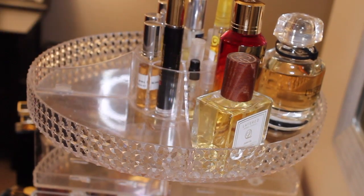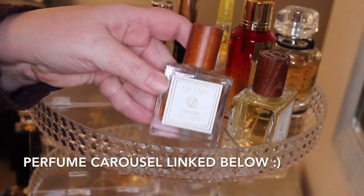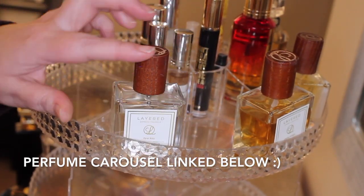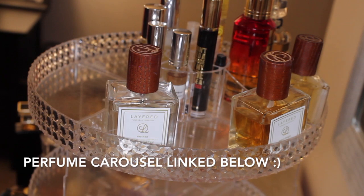And being we've got one Be Layered there, I'm going to do my other Be Layereds because I really enjoy them. First one is Cherry Delight by Be Layered. The other one is First Kiss by Be Layered. I really, really enjoy this fragrance as well, wear it quite often. I've got a couple Federico Majora fragrances. So this is